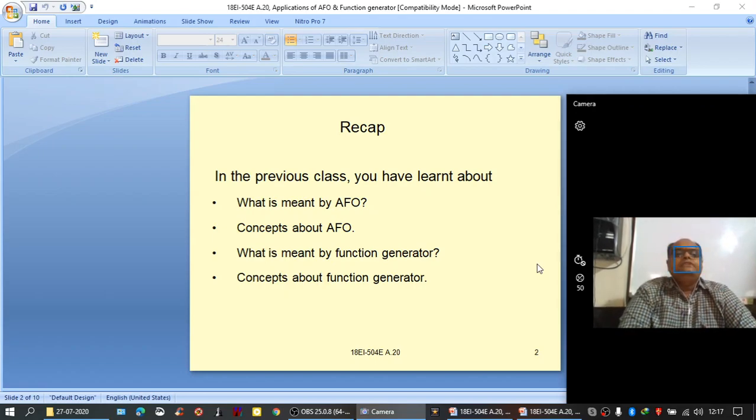Actually, in audio frequency applications, the oscillator used mainly consists of only RC elements, because using RC elements we can provide signals within the range of audio frequency range. There are two types of circuits that are practically used in AFOs. One is RC phase shift oscillator, the second one is Wien bridge oscillator.